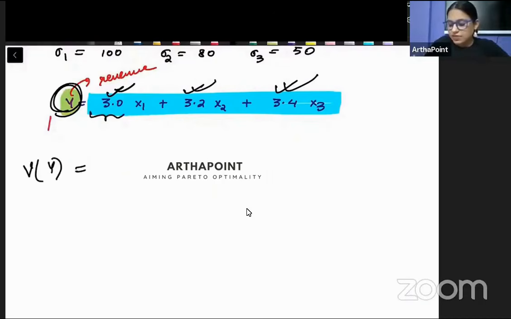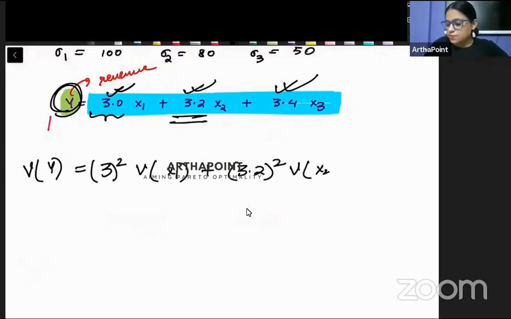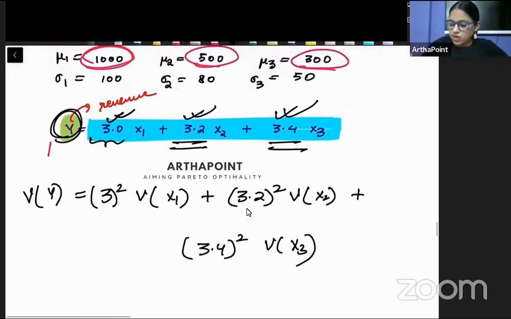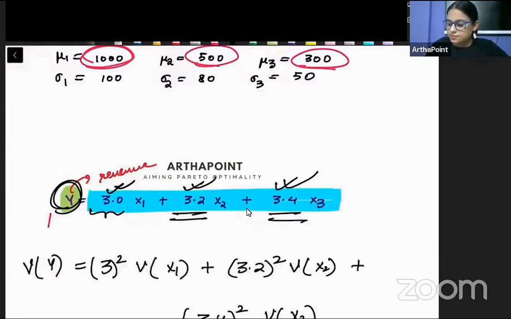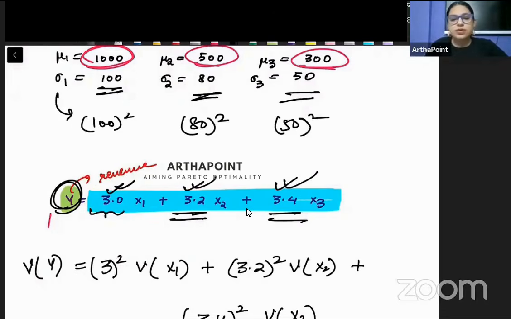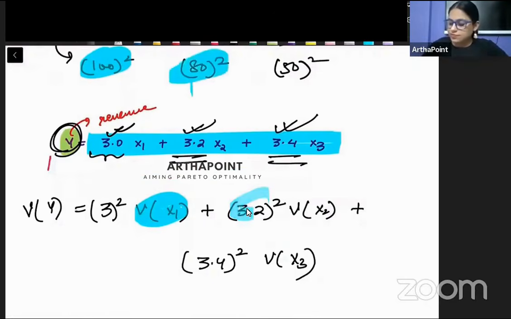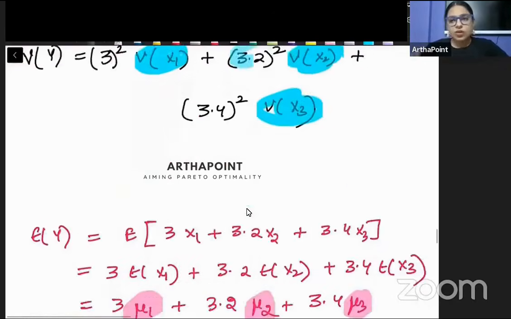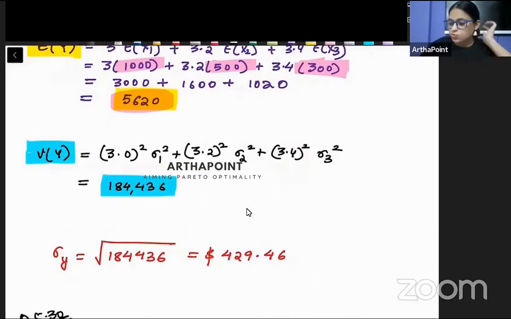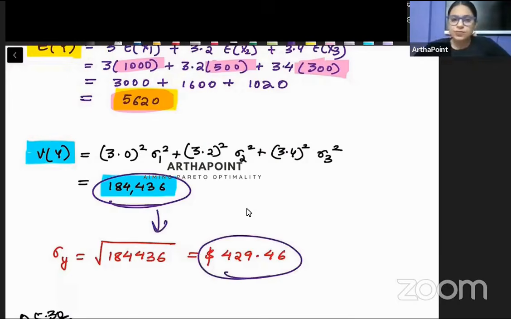So variance of y will be a1 square variance of x1, a2 square variance of x2, a3 square variance of x3। अब वेरिएंस का वैल्यूज हमें नहीं दिया हुआ है, we are actually given the standard deviation of x1 x2 and x3, तो वेरिएंस निकाल सकते हैं। तो ये हो जाएगा वेरिएंस will be 100 square, 80 square, 50 square। ठीक है जी, put this variance here, and when you will be putting these values beta, तो मैं आपको बस यहाँ पे आंसर बता रही हूँ, this would be the answer to this question। अब अगर वो बोलते हैं find standard deviation, तो इसका अंडर रूट निकाल दो and you will get the answer to this question।